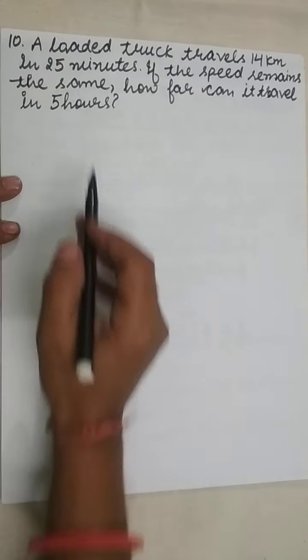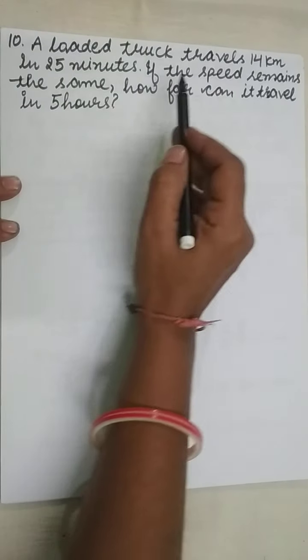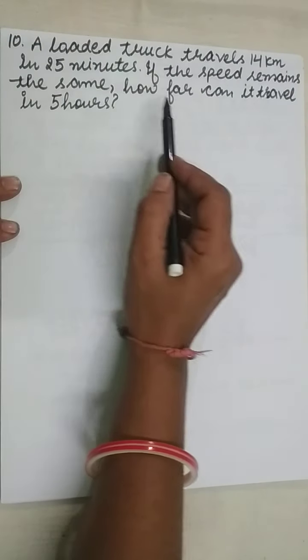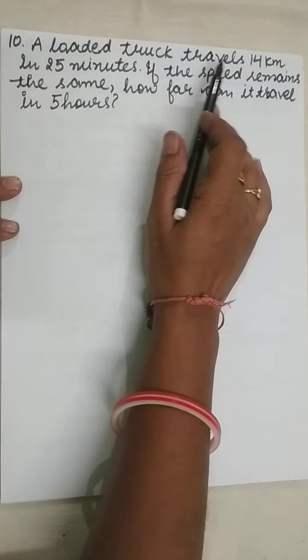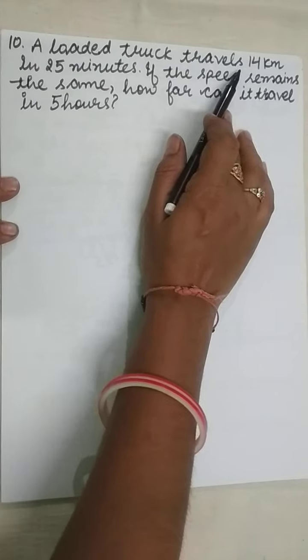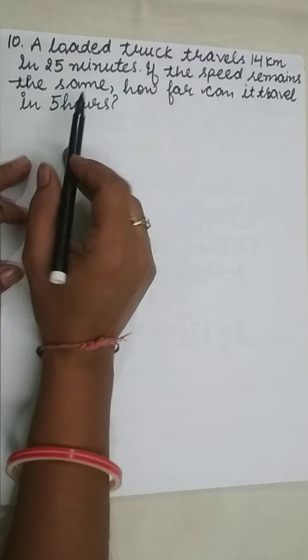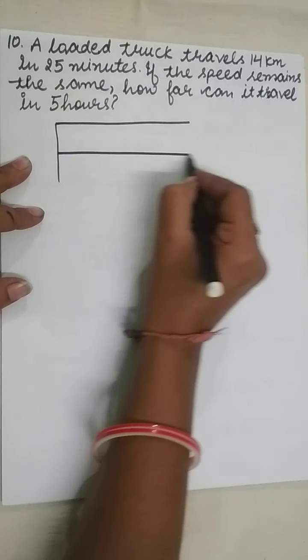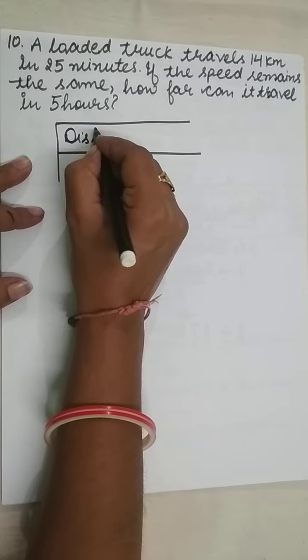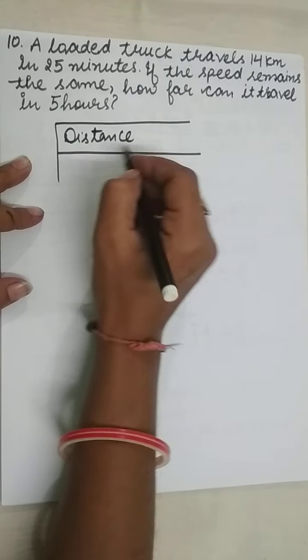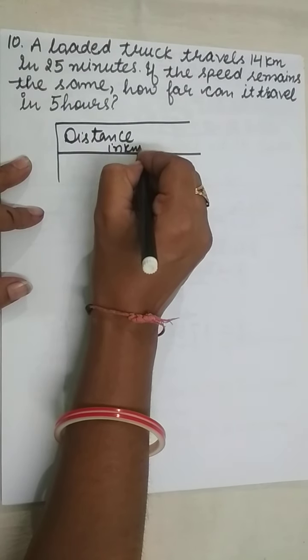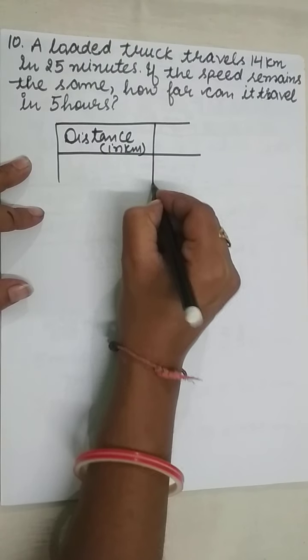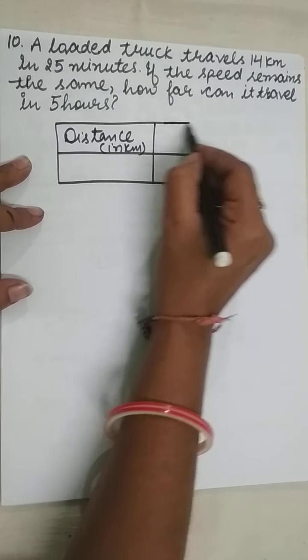Question number 10. A loaded truck travels 14 km in 25 minutes. If the speed remains the same, how far can it travel in 5 hours? Now, the distance covered by the truck is given in the given time interval. Now, write down distance. Distance is in kilometers, and the time,